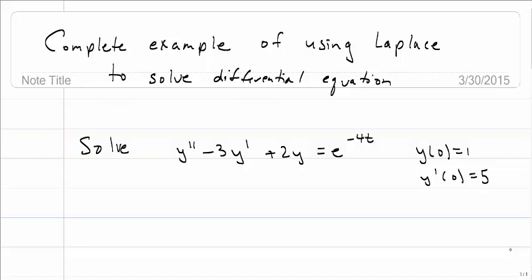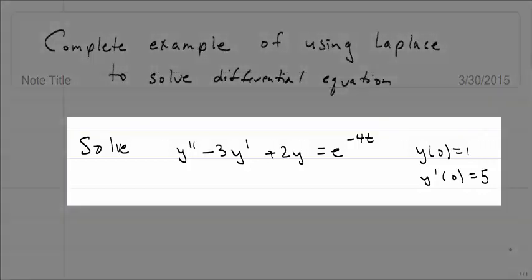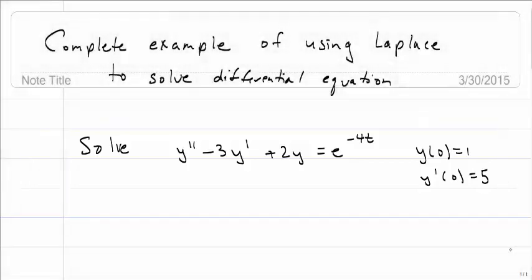This is going to be a complete example of how you could use Laplace to solve an entire differential equation. We'll be using partial fractions in this example. Here's my problem. Solve y double prime minus 3y prime plus 2y is equal to e to the negative 4t